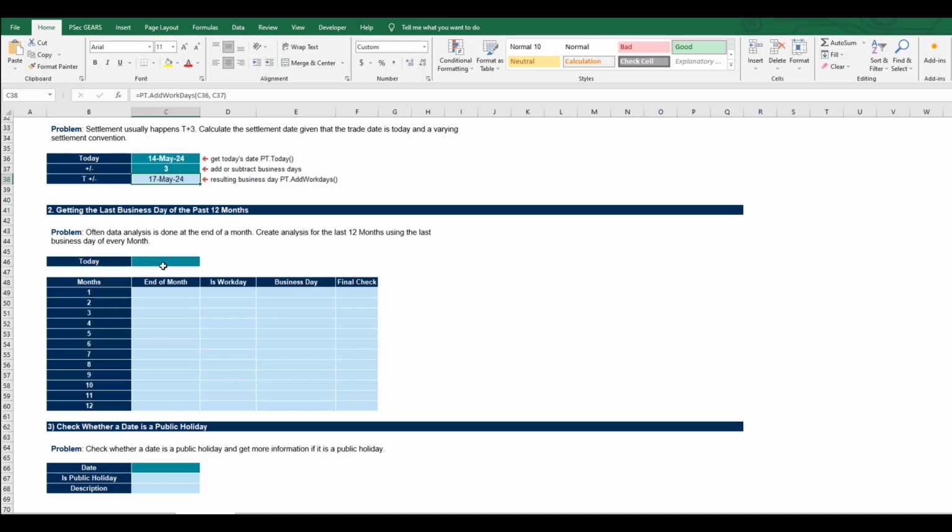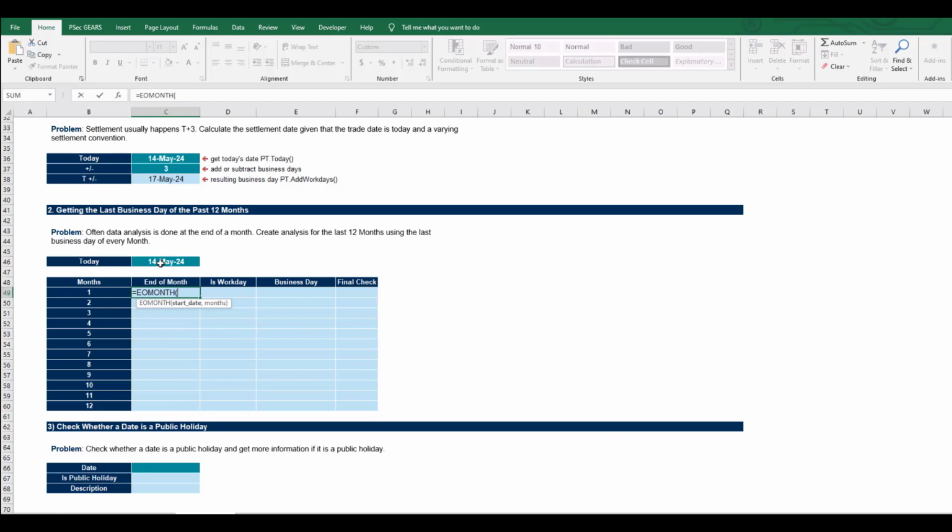The same functionality can be used to create data sets fairly quickly. Often you'd want to get data for the end of a month, but not every last day of the month is a business day, so there won't be any data published by the JSE. So ideally you'd want to get the last business day of every month. And how do we do this? A fairly easy way